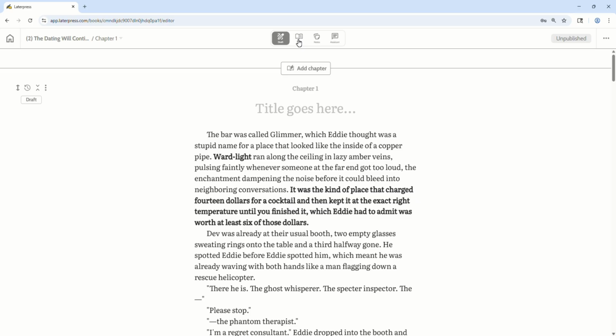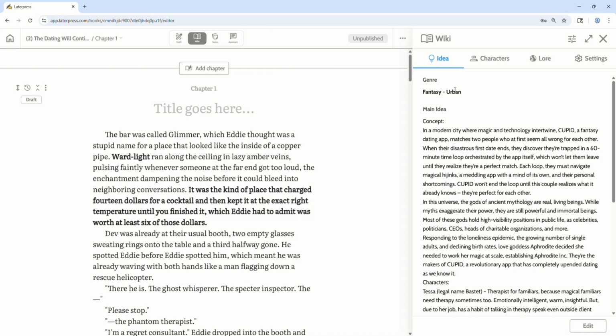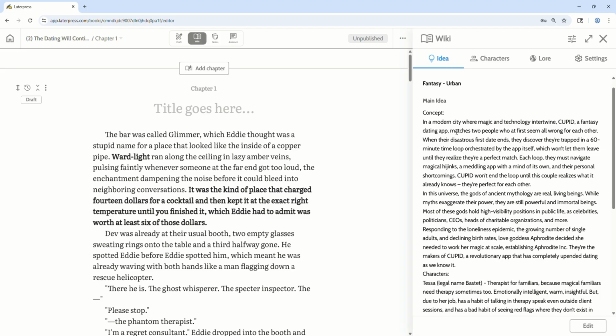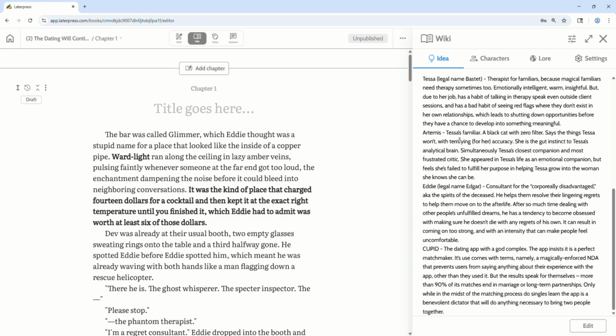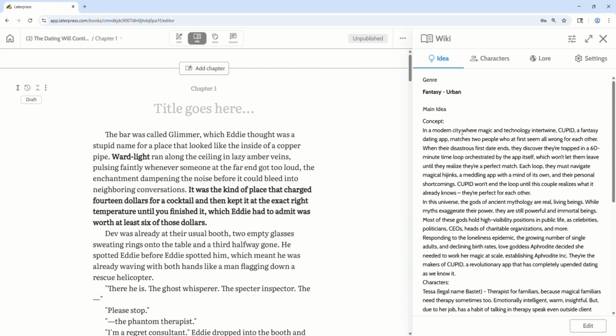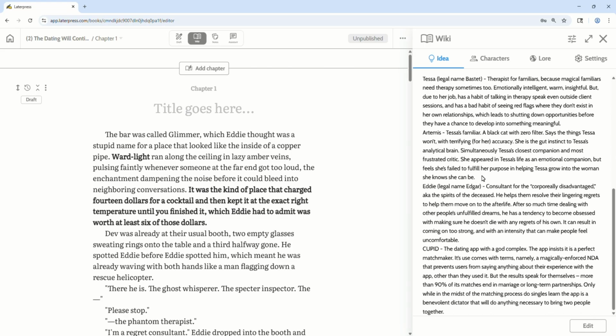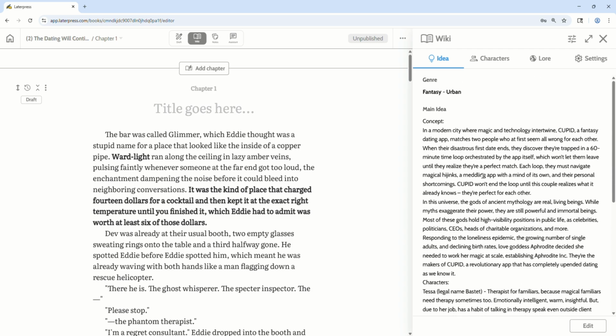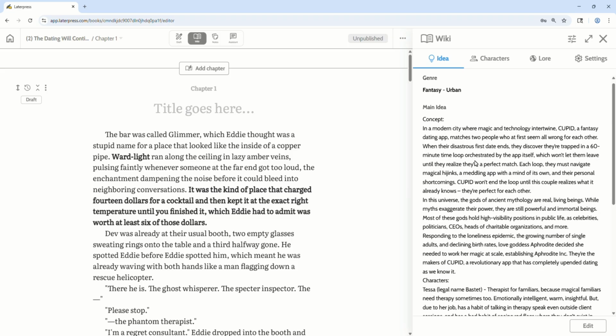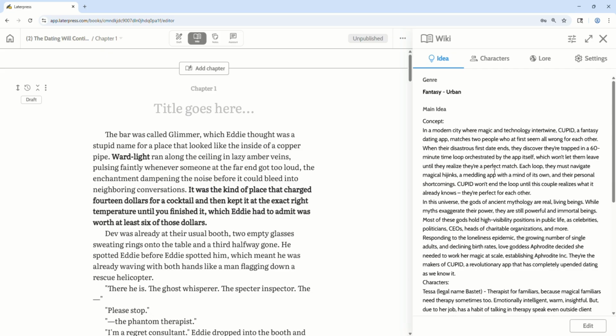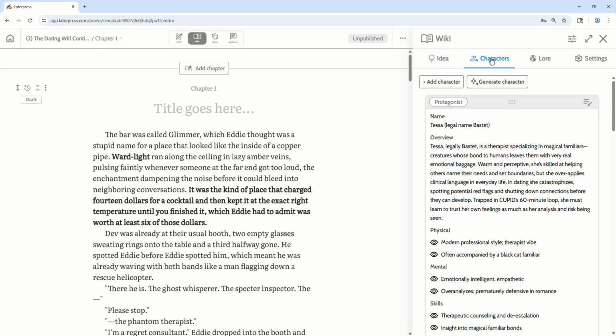The wiki here is composed of a few tabs. You've got the Idea tab. This is a space for a high-level summary of your concept. This could be your initial notes about the story and the setting and the plot, or if you're using the story tools, it could be the AI summary based on your notes of the story. Character cards